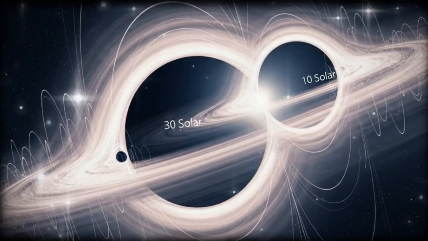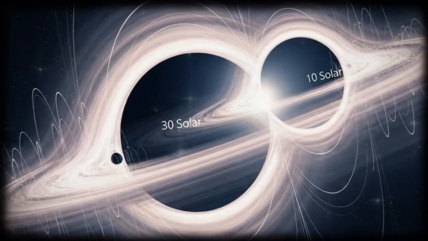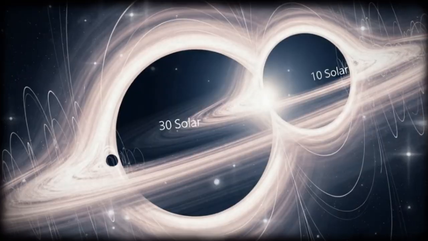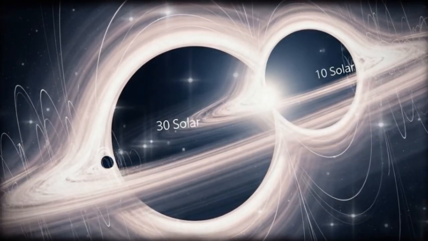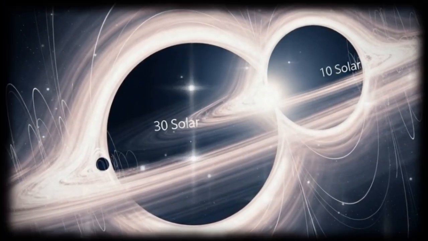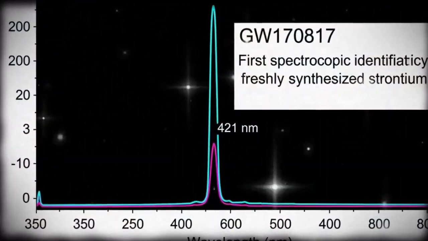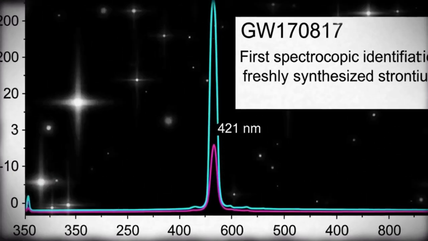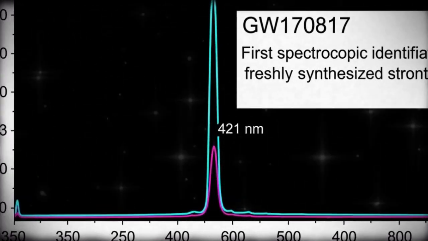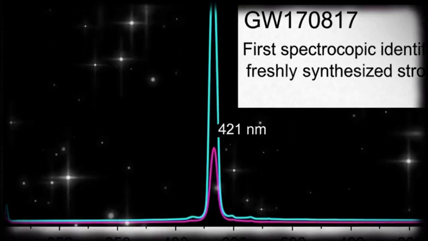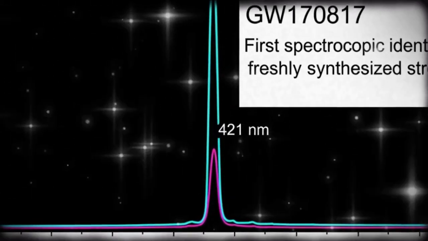Numbers in physics sometimes surpass human intuition so completely that they cease to function as genuine quantities and become merely abstract labels for inconceivable magnitudes. The strain of the first detected gravitational wave is such a number. The strain, technically defined as the fractional change in length produced by the wave, was approximately 10 to the power of minus 21 for the